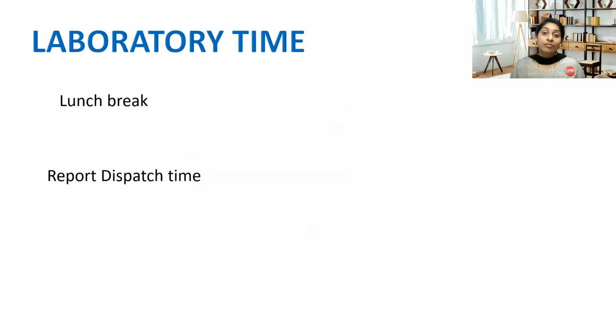The most important thing we usually don't follow is our laboratory timing. Make sure you maintain punctuality. Always, the healthcare facility should maintain punctuality. How is that punctuality maintained? Make sure a laboratory is open at 6 a.m. in the morning, because for fasting sugars, they usually walk in from 6 a.m. And make sure you don't give a lunch break, 1 o'clock to 4 o'clock, when you're going to close your laboratory, somebody walks by and they come into your laboratory and see it is closed.